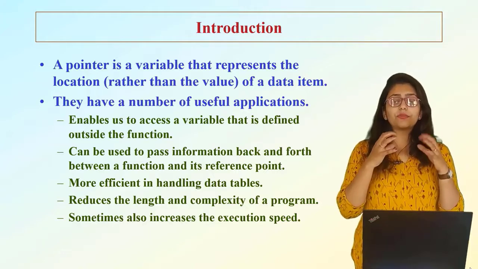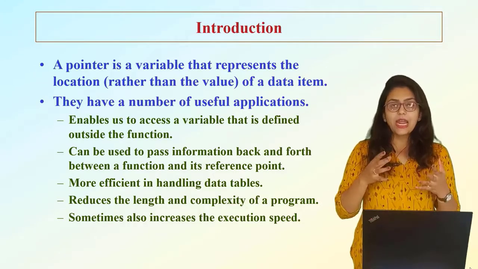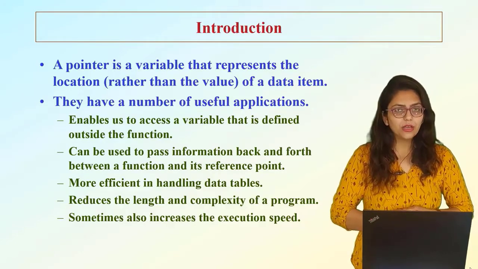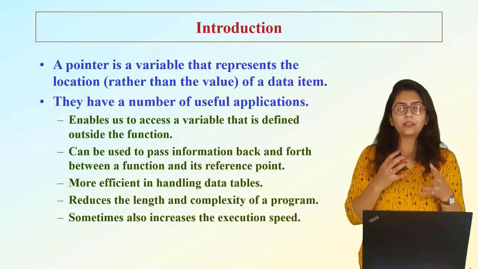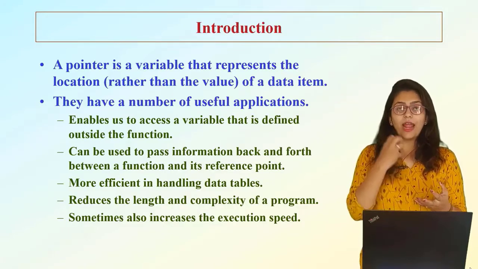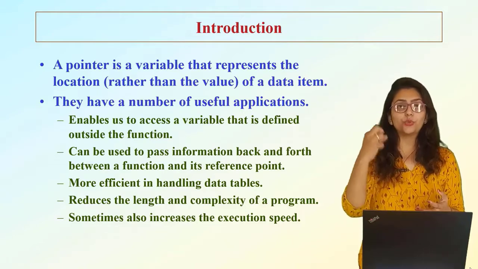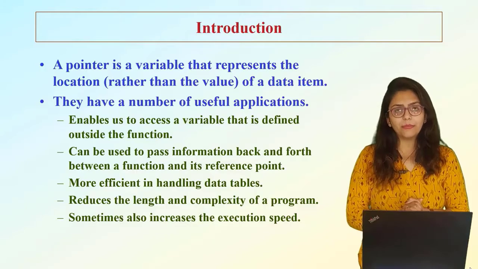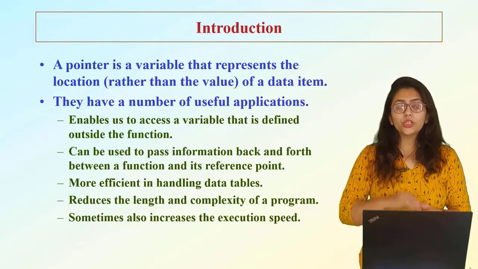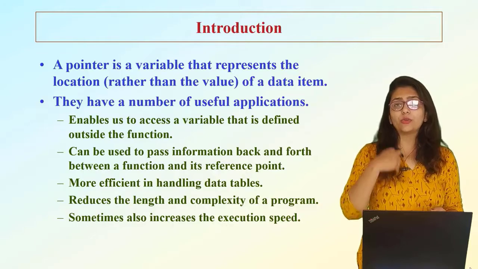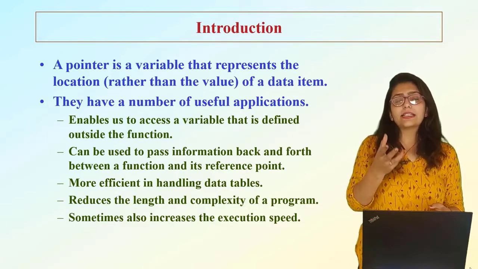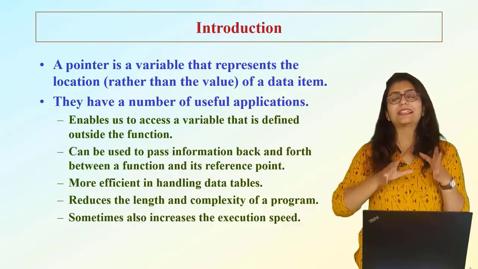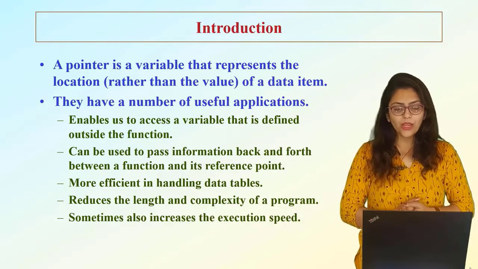But it is happening because we are accessing the variable by name, and in some particular scope we cannot allow two variables having the same names, right? So at that time it may happen that conflicts occur. But when you are accessing any variable using addresses, the address will always be unique. In your entire memory, the addresses will be unique. So if you are accessing any variable by using its address, then you can access that particular variable. By that application, you can use pointers to access any variable even outside of the function, right?